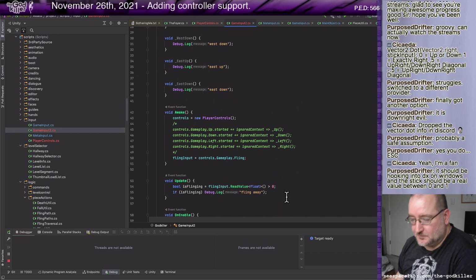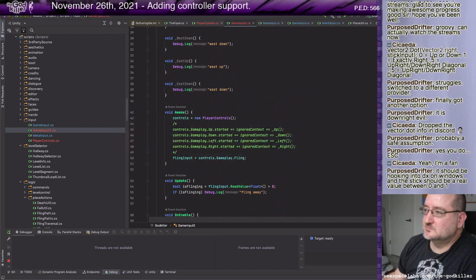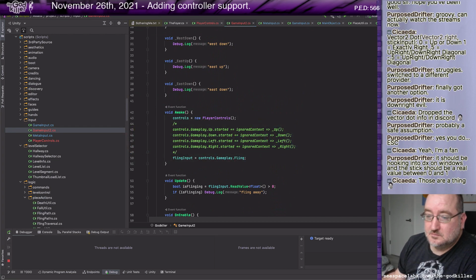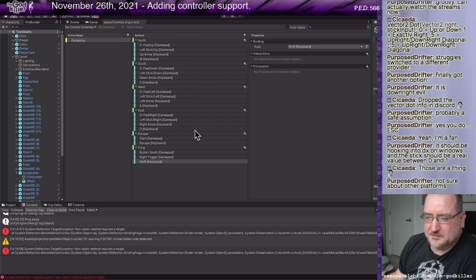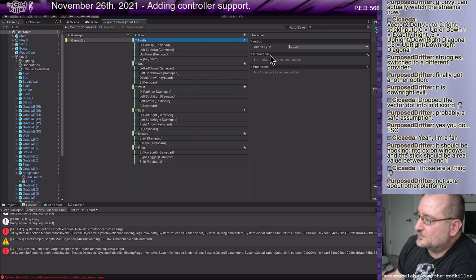Well, here's my quandary. Not a quandary, just something I'm slightly uncertain about. So this guy is set up as a button type.